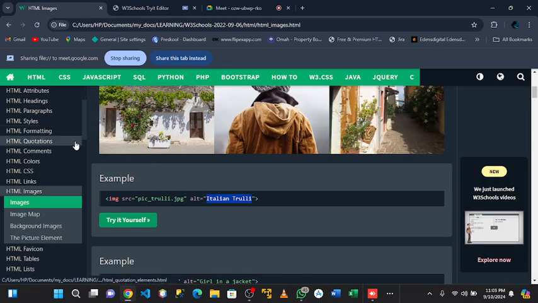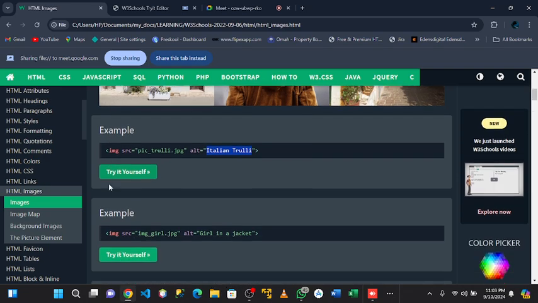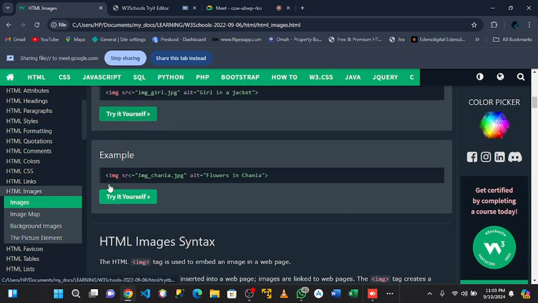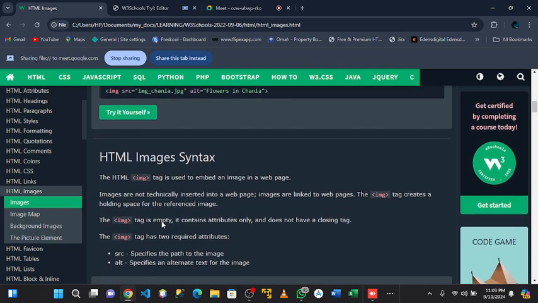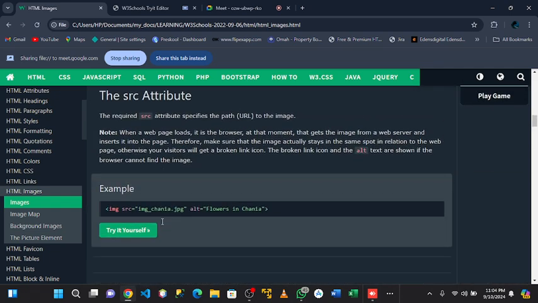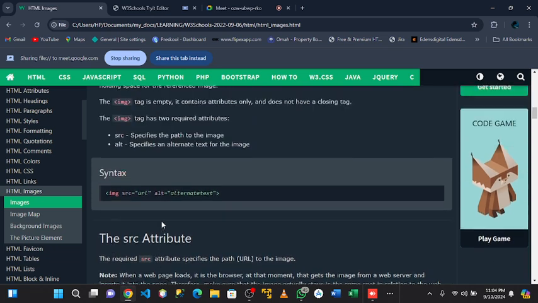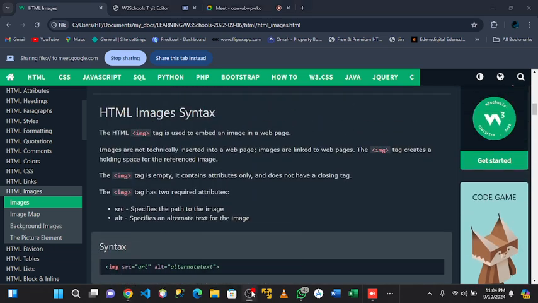And also in our next class we'll create image maps, background images, and picture elements. Right now I don't have much time, so I think that will be all for today. So if you have any question, please